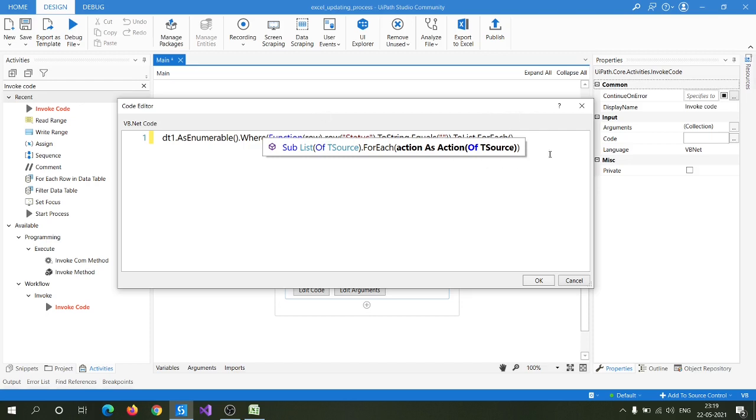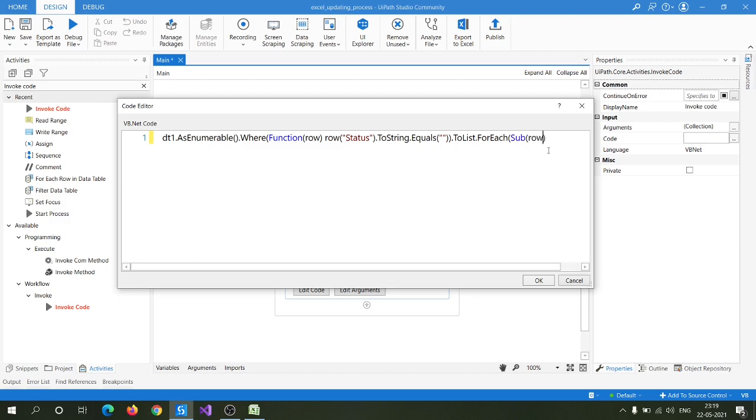Let me create a lambda function here, that is Sub of row. Now we need to update the status column with Active. So let me update it: row of status. It will select the status column corresponding to that row.